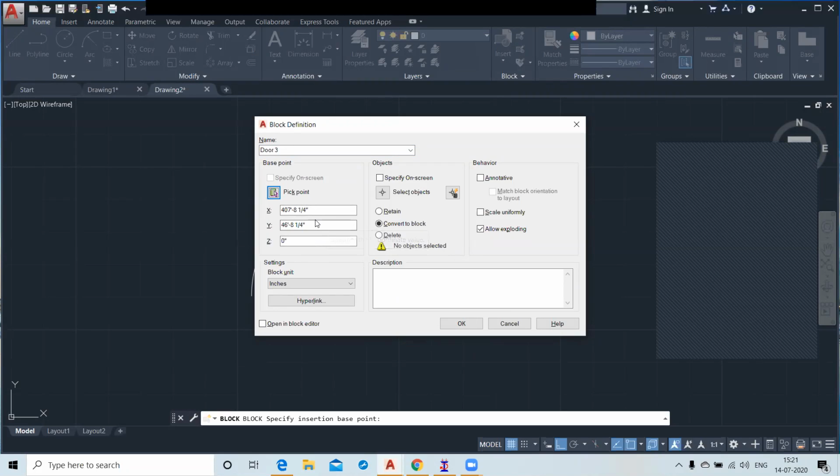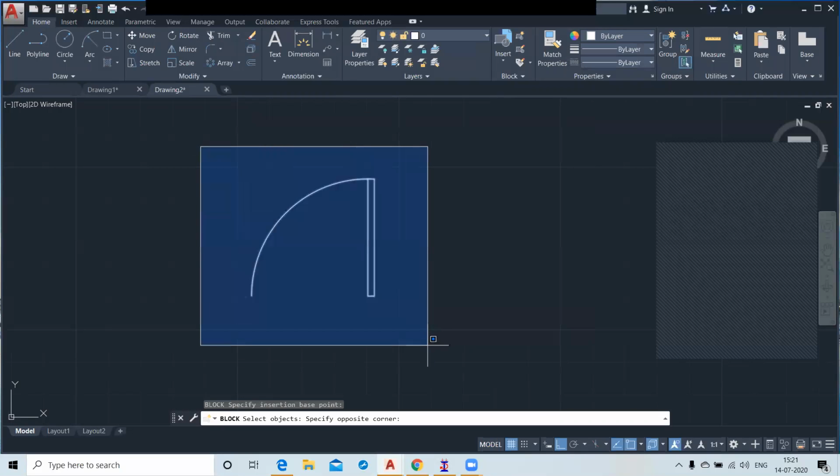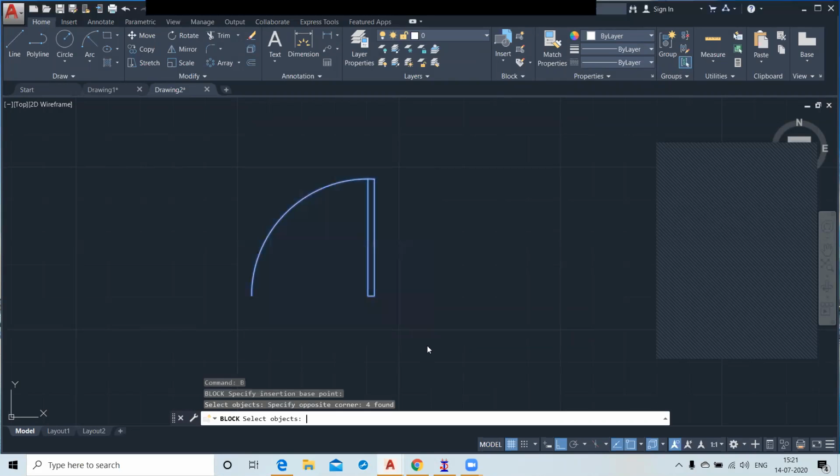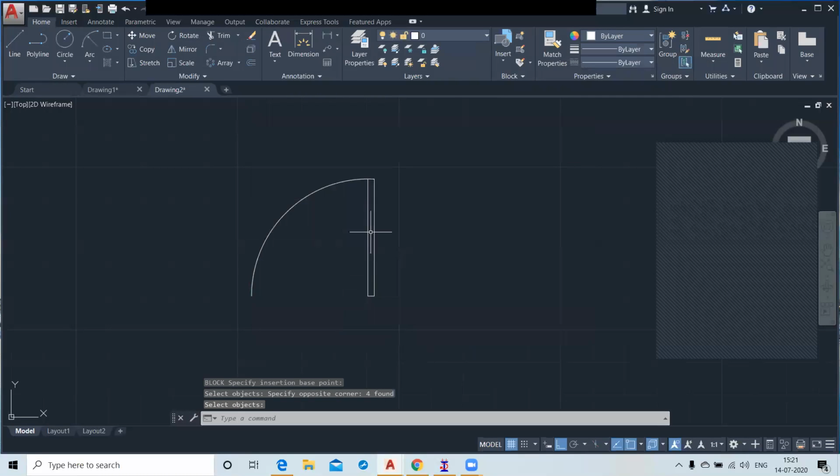First you give the name, second is the base point, and third is to click on select objects, select your object, press enter and click OK. So this door is converted into a block, right?